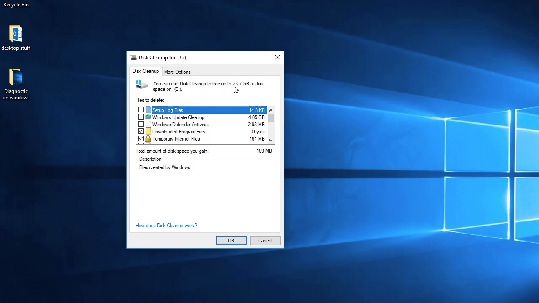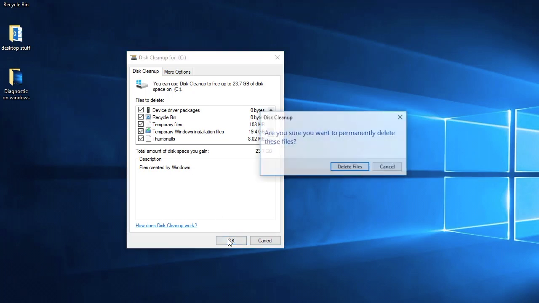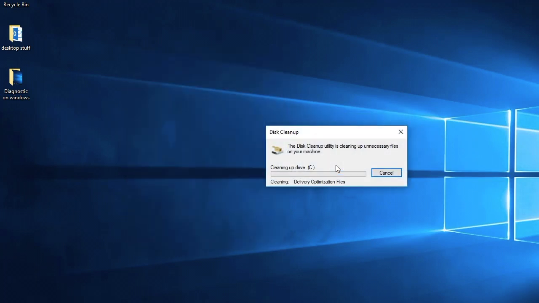Back over to the disk cleanup program, it's gone ahead and found another 23.7 gigabytes of data that we can clean up on this machine. We're going to select all of the boxes. And this is just extra files that build up with the computer over time. These aren't actual user files or anything that's necessary or important. Go ahead and click all of them and then click OK to delete all the files. Click delete the files, and this will take quite a while to delete that much data. While that's going, let's go on to our next task, which is going to be